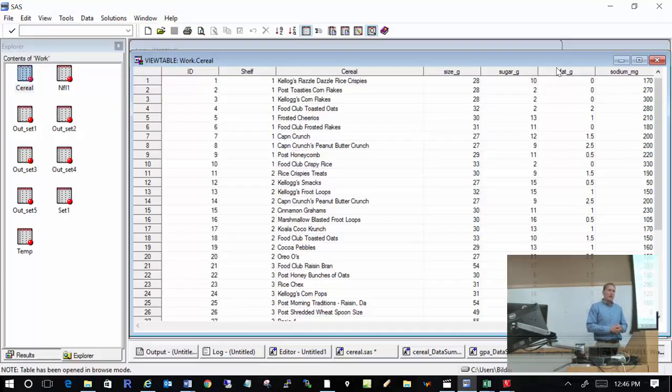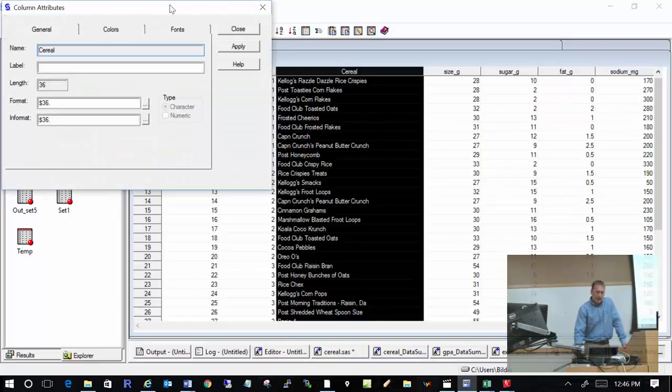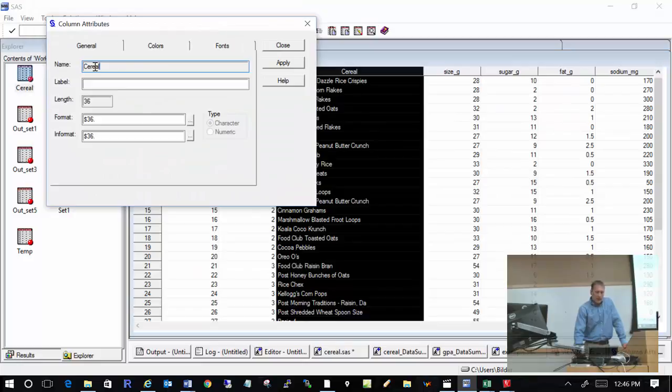Now, one thing I didn't show you last time that I want to make sure to show you now is that you can actually right-click on these columns. So if I right-click here, you have a little shortcut menu that comes up. You have column attributes. And a little window will come up that will tell you, for example, the name of that variable. Well, of course, it's serial. That's what you saw. But let's say I had a label with it,